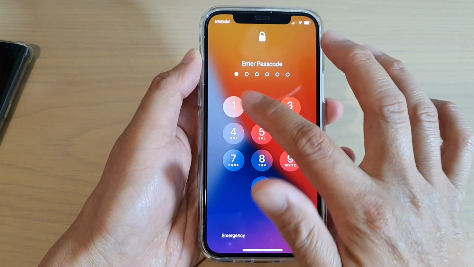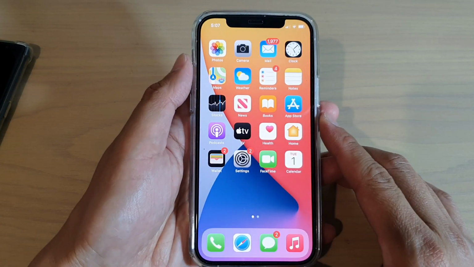And that's it. So that's how you can turn it on or off on your iPhone 12 or the 12